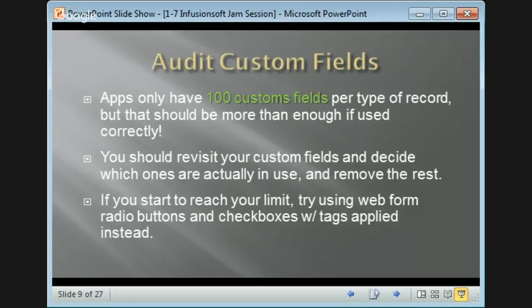Again, be careful, because if a form is still out there and it's still live and published, then it's going to be an issue. So you just have to self-edit and see what you need and what you don't need. If you're starting to reach your limit, and you only get 100, and we've asked to change that, but it's not been changed as of yet,